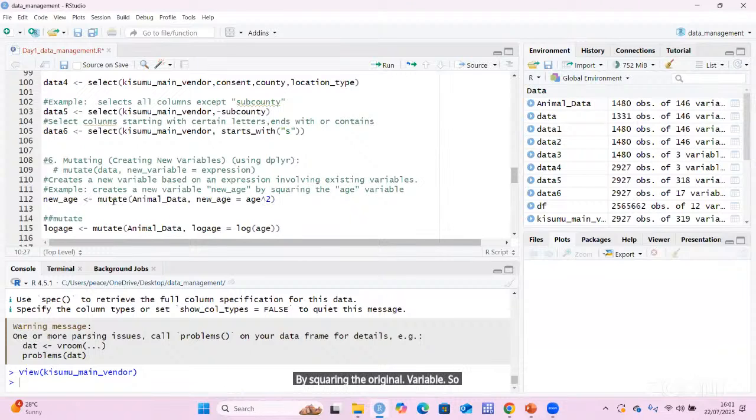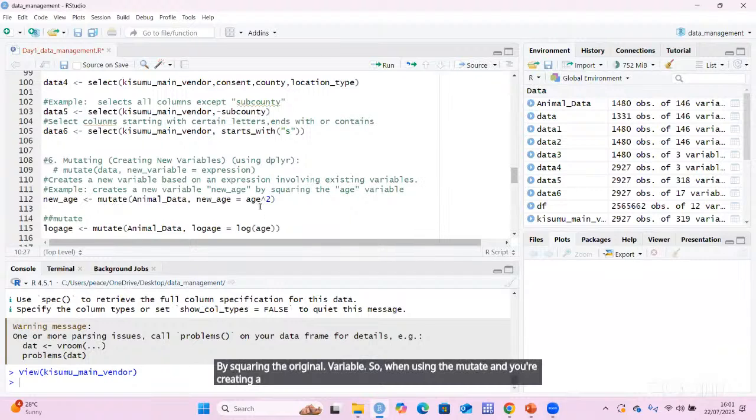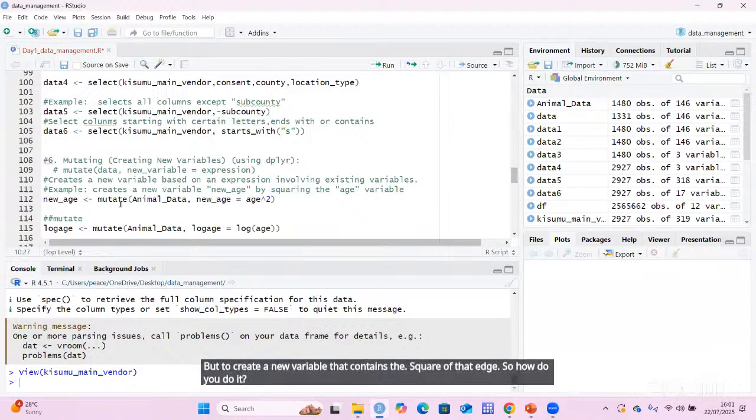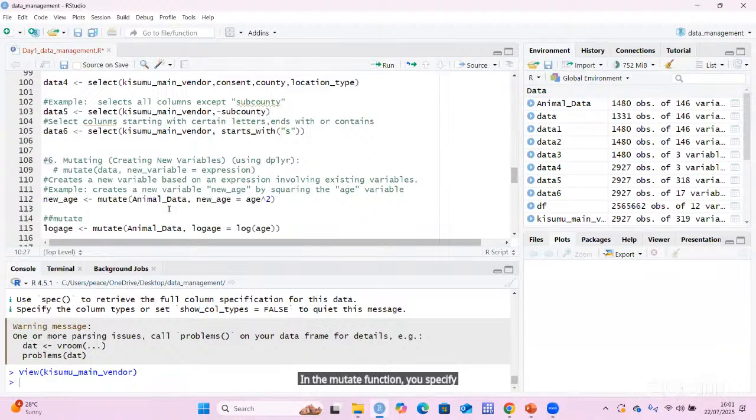So when you're using the mutate and you're creating a new variable, make sure you know the existing variable, because what I want is to square the age, for example, and not change the original age, but to create a new variable that contains the square of that age. So how do you do it? In the mutate function, you specify the data frame. Again, because there are many, and create the new variable called new underscore age by squaring the existing age. Okay? So when you run this,